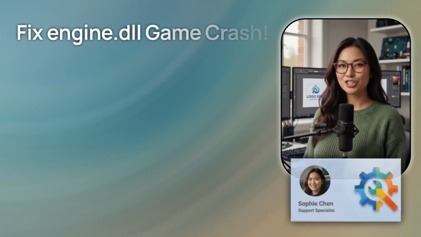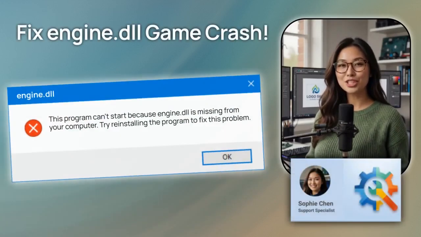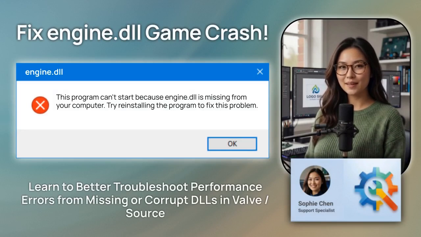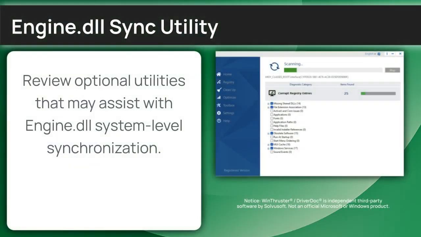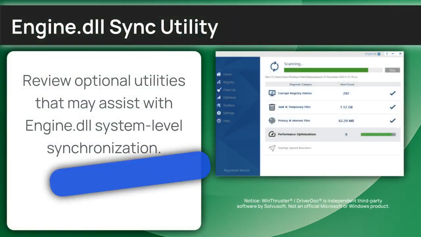Game launch blocked by the Engine Library DLL. I'm Sophie Chen, a senior Windows support engineer, and I'll help you fix your rendering pipeline so you can get back to the game. To start fixing Engine Library manually, note that an official maintenance resource is also available to